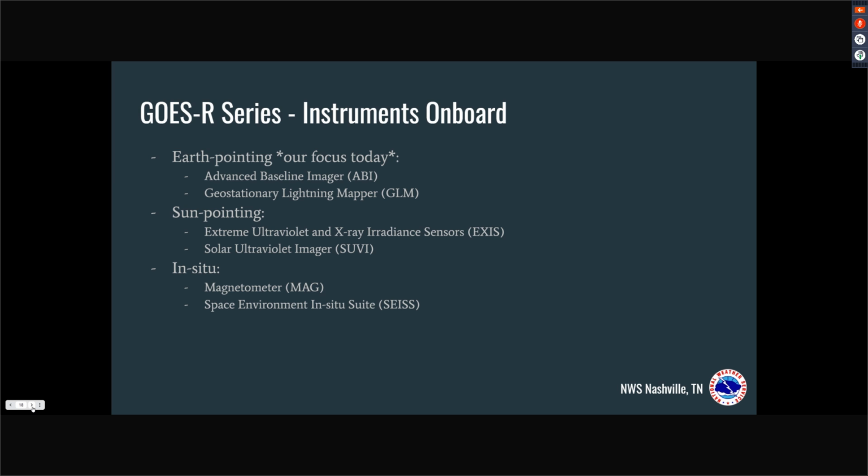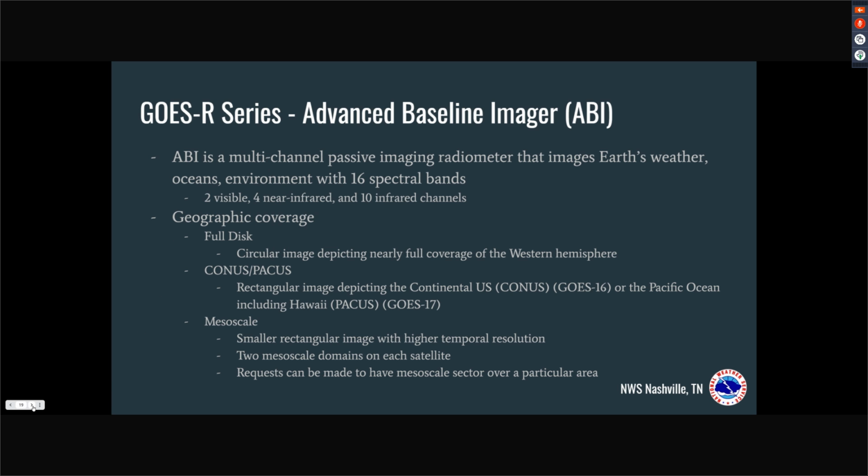So the GOES-R series has a bunch of different instruments on board, and for the purpose of time, I'm really going to only cover two of them today. We have two Earth pointing instruments: the Advanced Baseline Imager, or ABI, and the Geostationary Lightning Mapper, or GLM. We do have two sun pointing instruments, and also some other instruments that we'll use, some for space and some for here on Earth. But today we're going to focus on these two because these are the two that we use most often in meteorology. So the Advanced Baseline Imager is a multi-channel passive imaging radiometer that images Earth's weather, oceans, and environment with 16